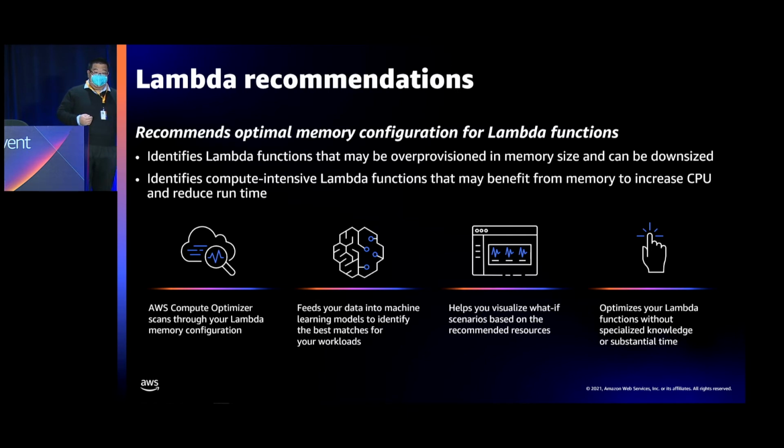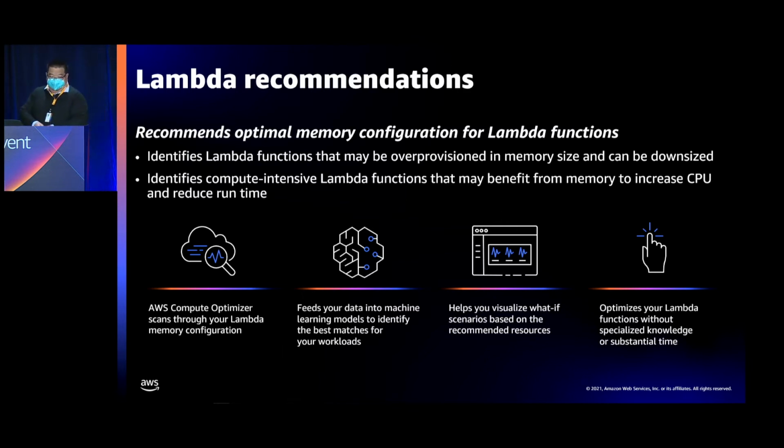runtime, your execution duration. The cost of a Lambda function is provisioned memory times the duration. Your function is going to run faster, and although your memory is larger, the product of these two values stays pretty constant. So you're not going to pay much more, but you get your function running faster. On the other side, there are functions that are not CPU intensive. If you over provision memory, you're not going to get any real benefit because you're just wasting it. Compute Optimizer delivers recommendations for these two types of Lambda functions.